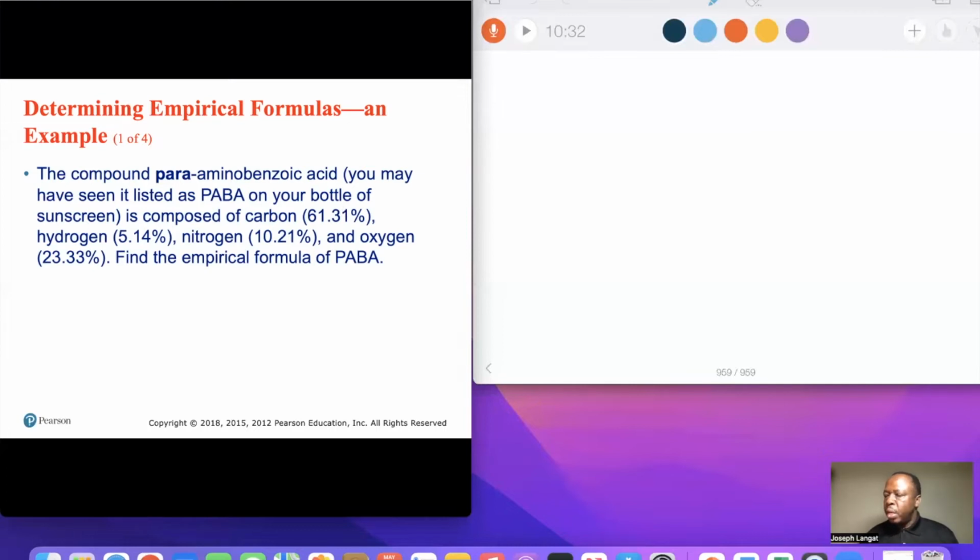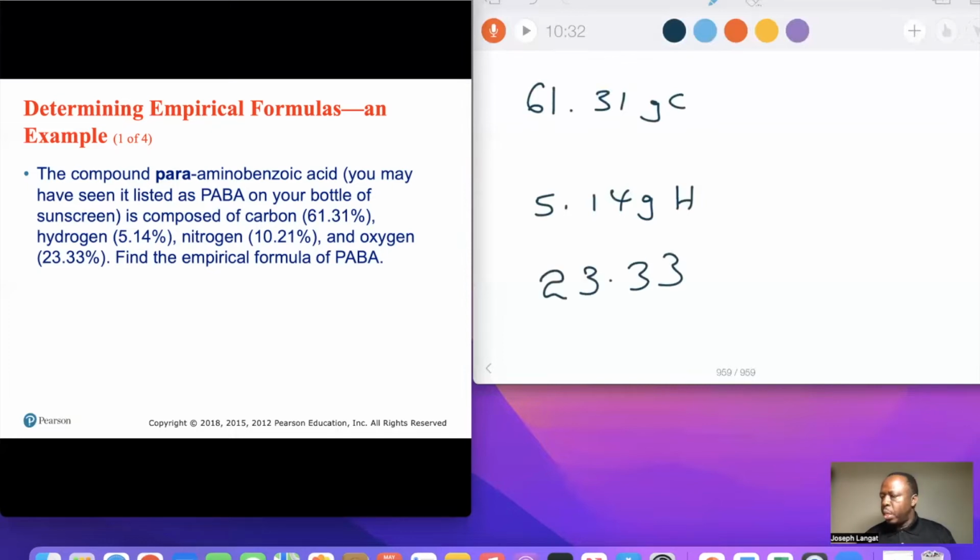I'll say I have 61.31 grams of carbon, 5.14 grams of hydrogen, and 23.33 grams of oxygen. If these are the grams, what we need to do is convert to moles using the